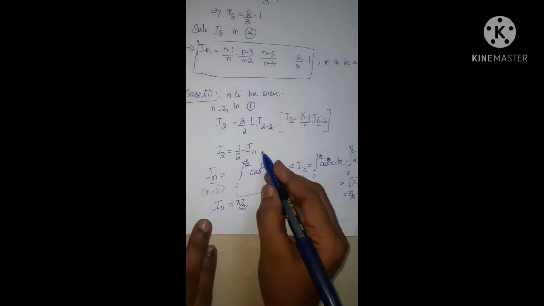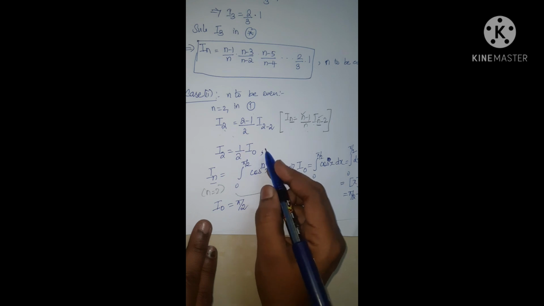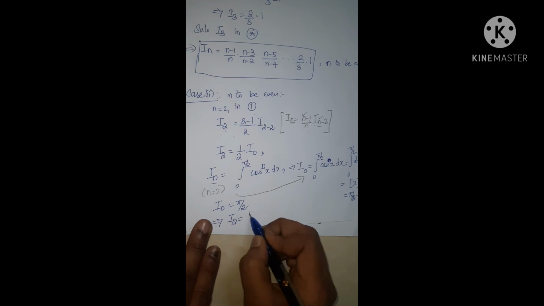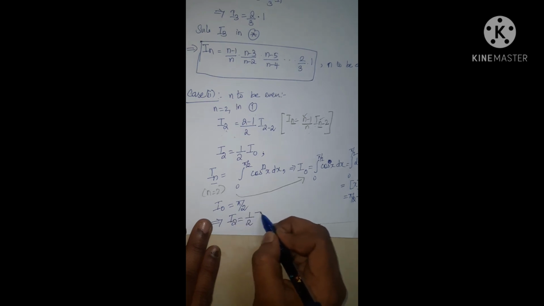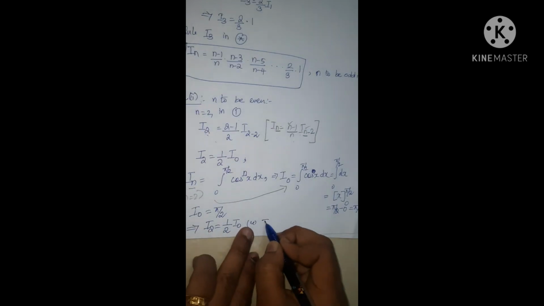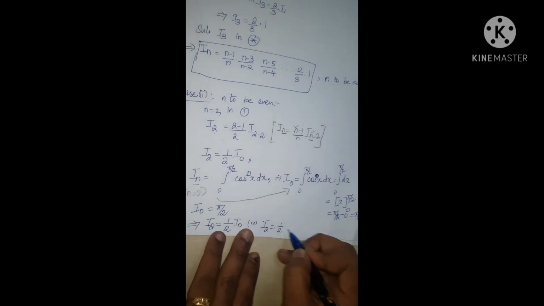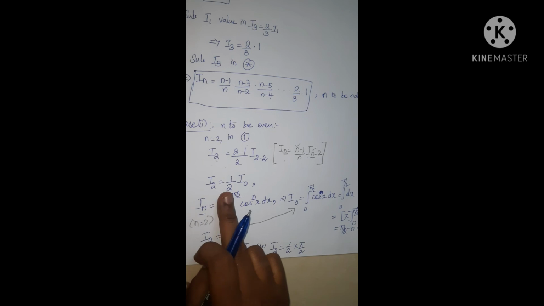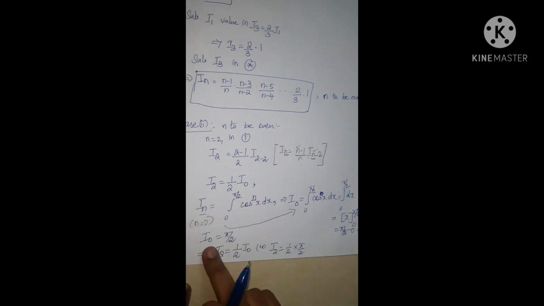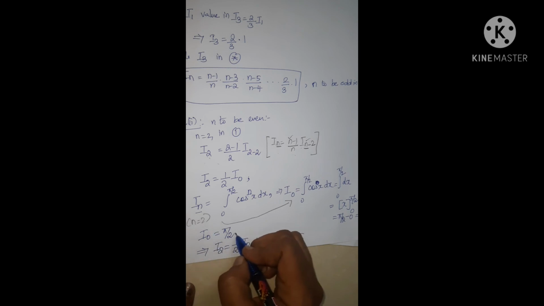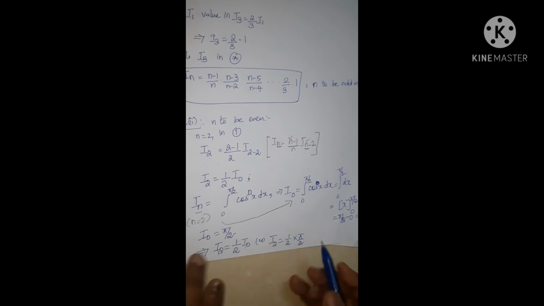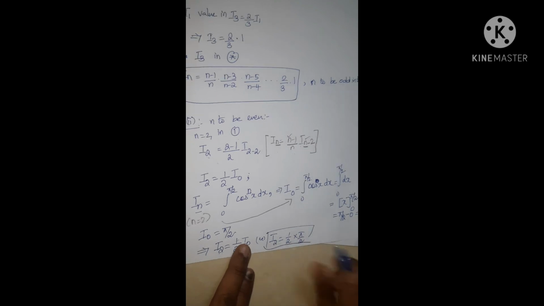So when I0 is pi/2, what is happening here? It implies our I2 is equal to 1/2 I0. That is, I2 is equal to 1/2 into pi/2. So this is what we got for I2. Our I2 answer was half into I0. For this we found the I0 value pi/2. So substitute this I2 value over here: I2 is equal to 1/2 into I0, where the I0 answer is pi/2. Hence this gives our I2 answer.